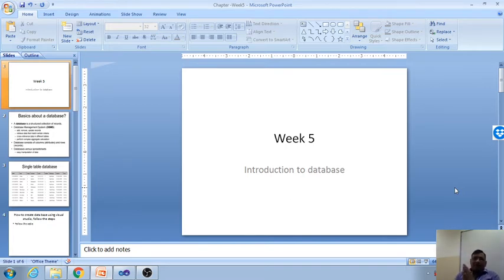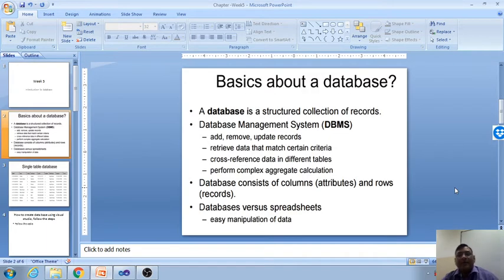So here in our ASP.NET, we also have the concept of database available, and let me explain what the database is, how we create the database, and how we create the database table. These things I will tell you. So the first is about the database.